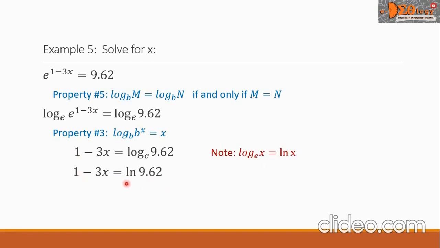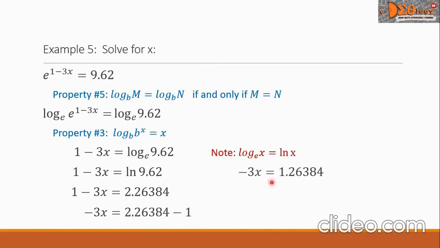Using our calculator, we can get the value of the ln 9.62, and this is equal to 2.26384. So let us now solve for x. This positive 1 we will transpose on the right side. Of course, the sign must be changed. So we have now the negative 3x equals 2.26384 minus 1. See here, the positive becomes negative 1. And to simplify further, we will get the difference of the two numbers here. So we have negative 3x equals